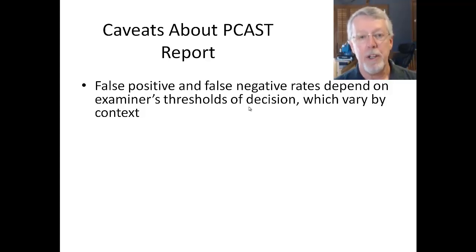The black box studies that have been done so far, for example, tend to show extremely low rates of false positives, which could be because analysts, knowing they're being tested, are applying a very high threshold. They're not reporting an identification unless they're really, really certain. But they show much higher rates of false negatives, where they fail to exclude items that are from different sources. Whether they'd apply the same threshold in routine casework, we don't know. There've been some proposals that black box testing be incorporated into routine casework, and I think that's